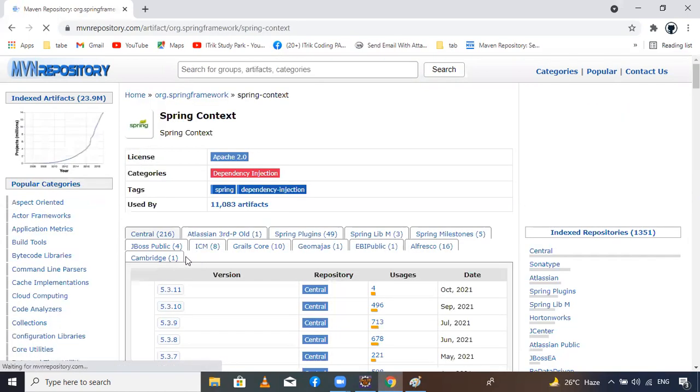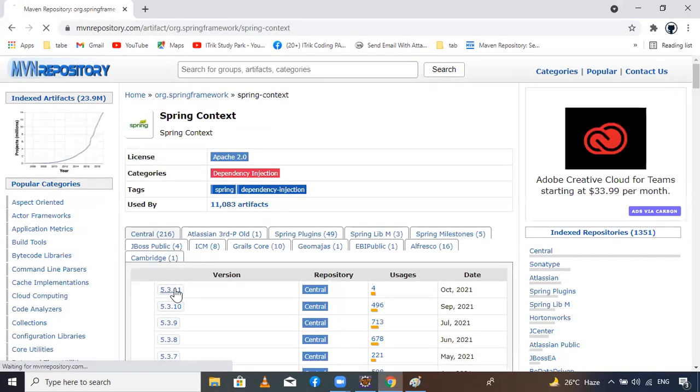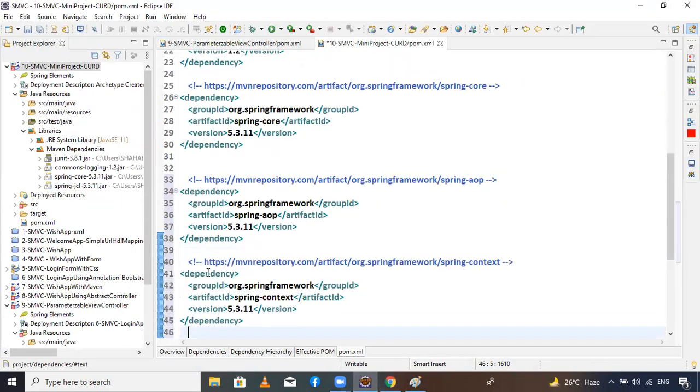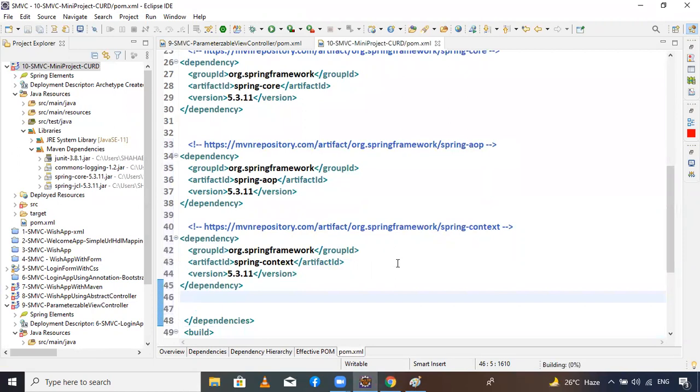Spring Context. Copy this, and paste this one. Okay, now save this one. When you save, automatically the downloading will start. Then here you can observe this. Okay, after preparing these things,